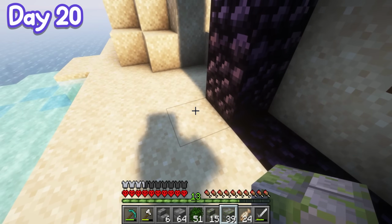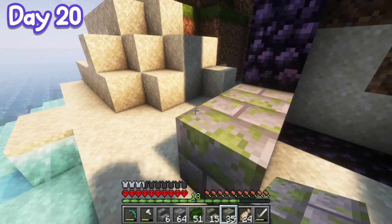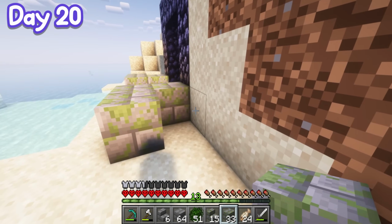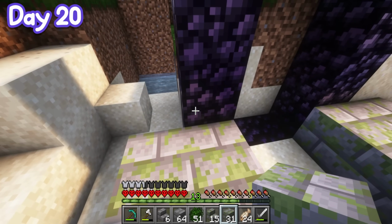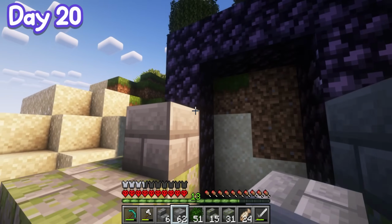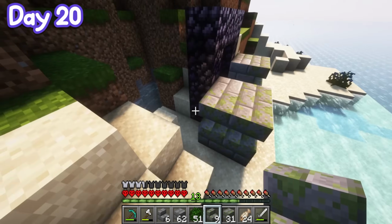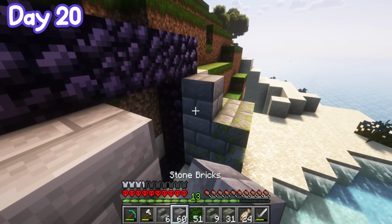It would just be a little bit interesting if I just placed a few blocks right here. And it's obviously just to help us get inside of the nether portal. Nothing else. It's not like a decoration or anything. We're literally just doing this to make sure we can see the easiest way to get into the portal. And then if we jumped up here and maybe placed a few more of these stone bricks